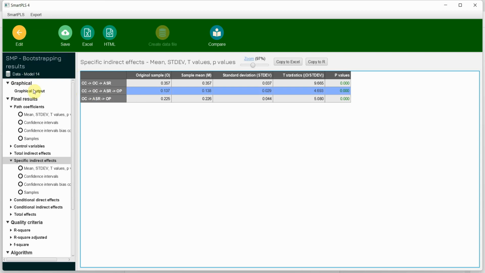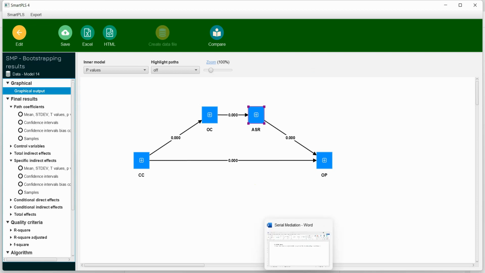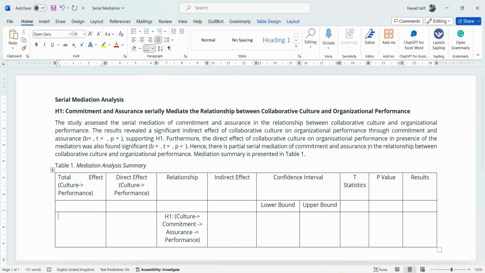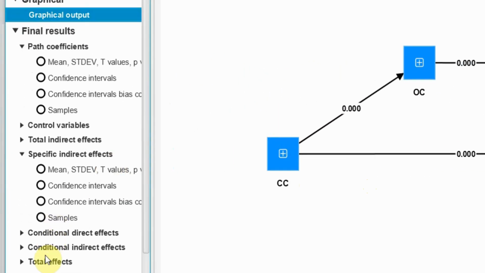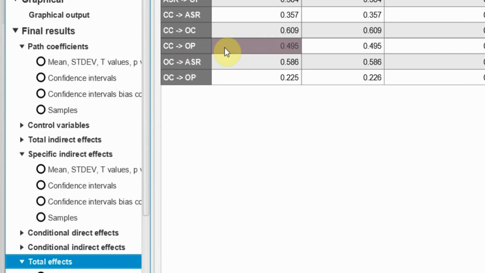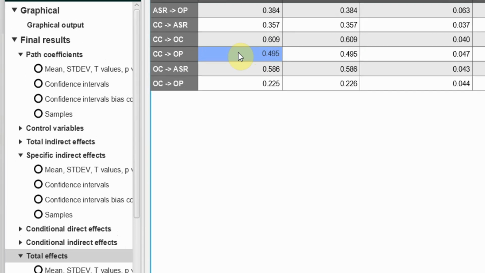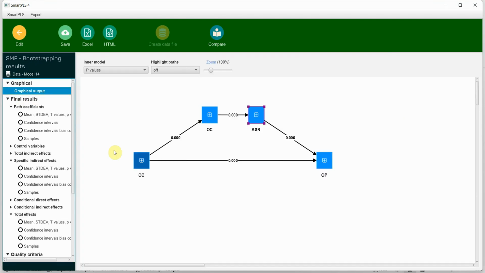Now how do I report these results? In order to report these results, I've got a template here. This is the text, this is the table. Now I need total effects, direct effects, relationship, indirect effect, confidence interval, t-statistics, p-values, and finally the results. Now where is the total effect? So the total effect is here, total effects. So the total effect of CC on OP is this, because collaborative culture is your IV, OP is your DV. Here, have a look. CC to OP, total effects is